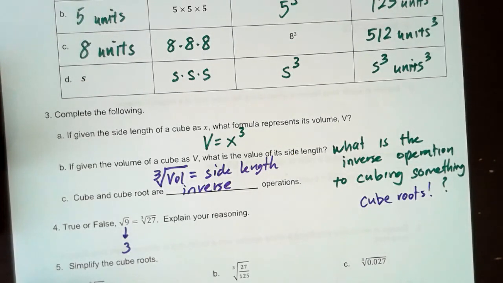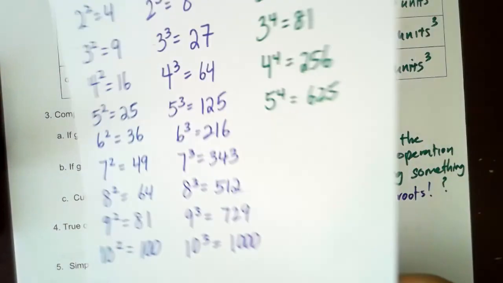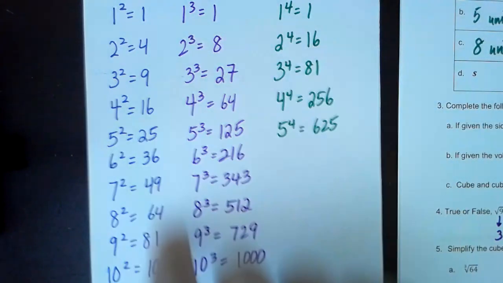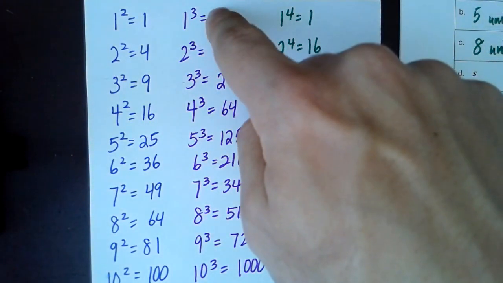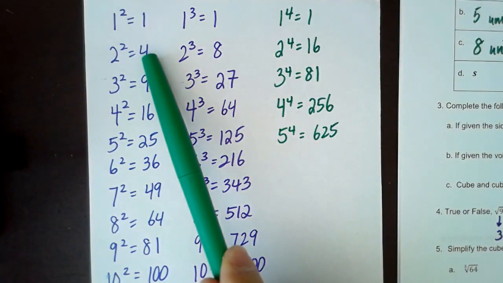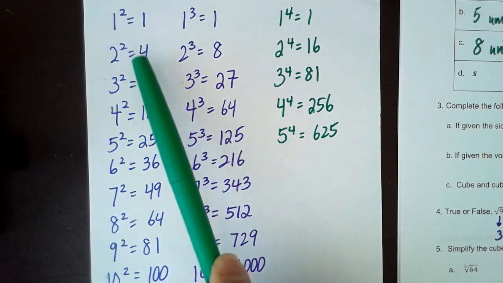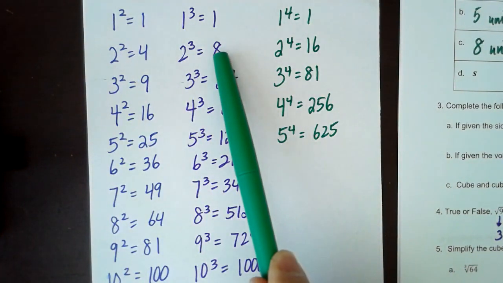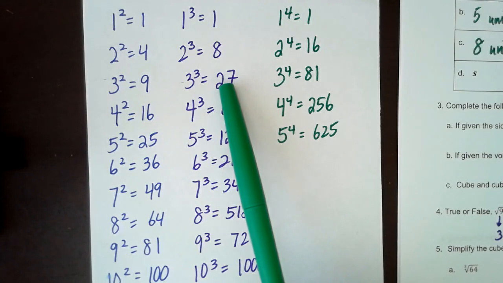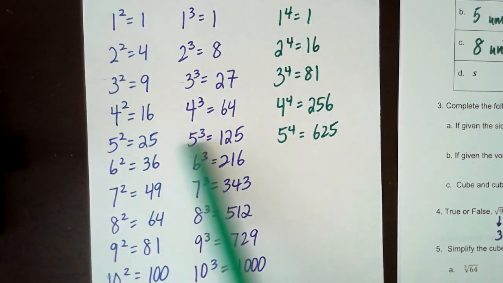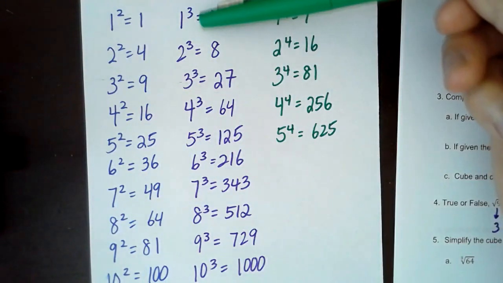So at this time, I'm going to go ahead and show you a beautiful list of all the square roots from 1 to 10. I have all the cube roots written down, and you should realize that all I really did was I just multiplied all of the squares by the 2 or the 3. 4 times 2 is 8. 9 times 3 is 27. 16 times 4 is 64. And you should have the perfect cubes